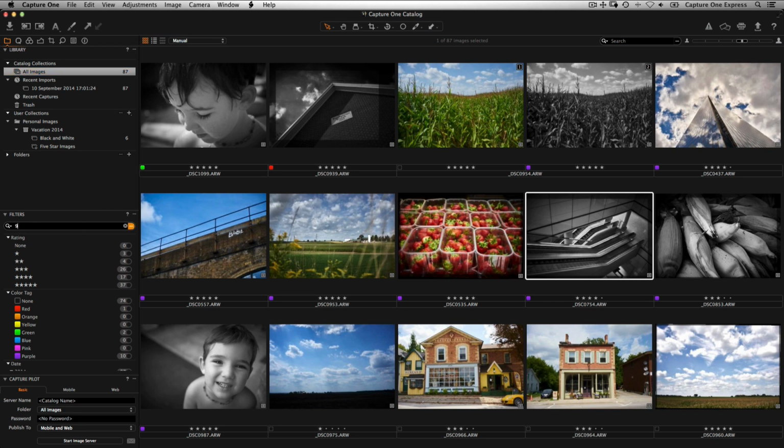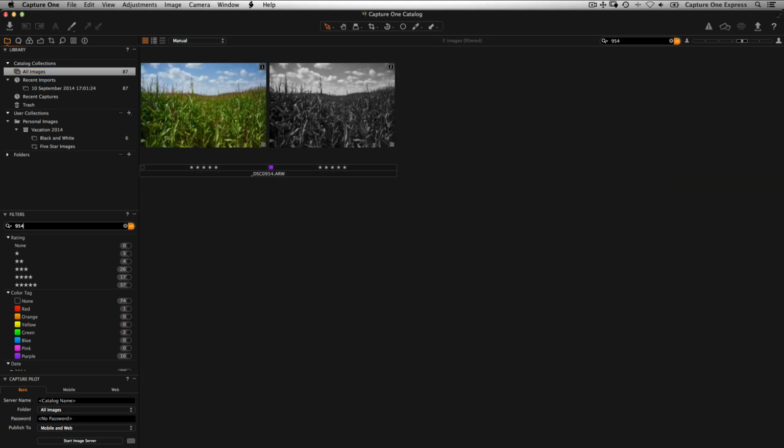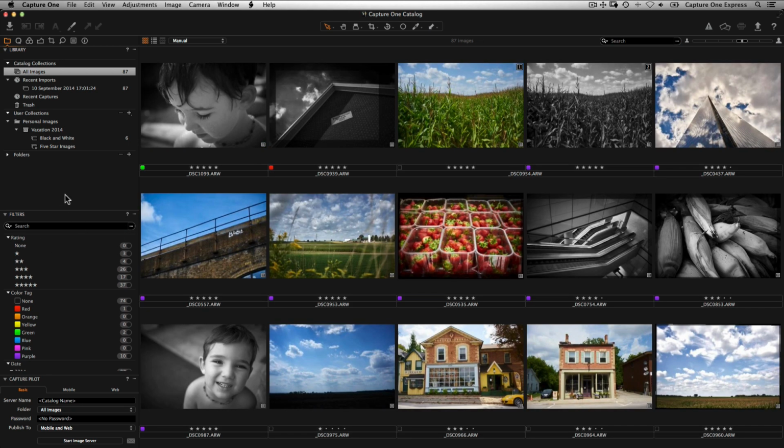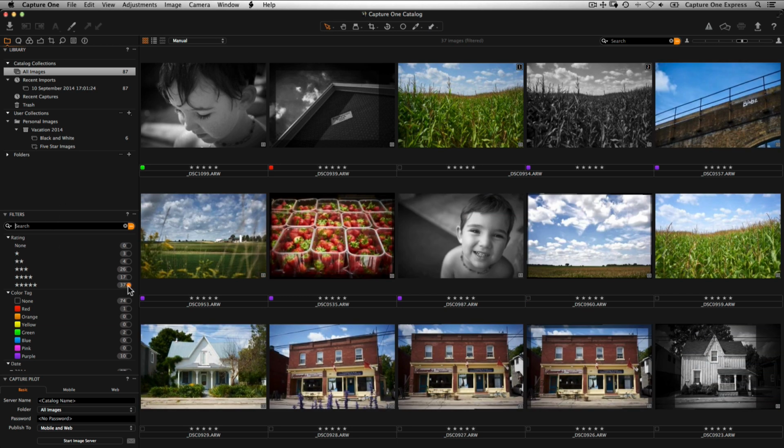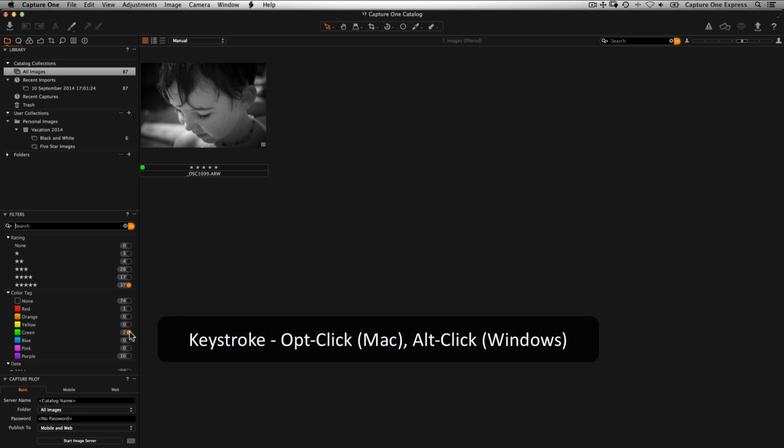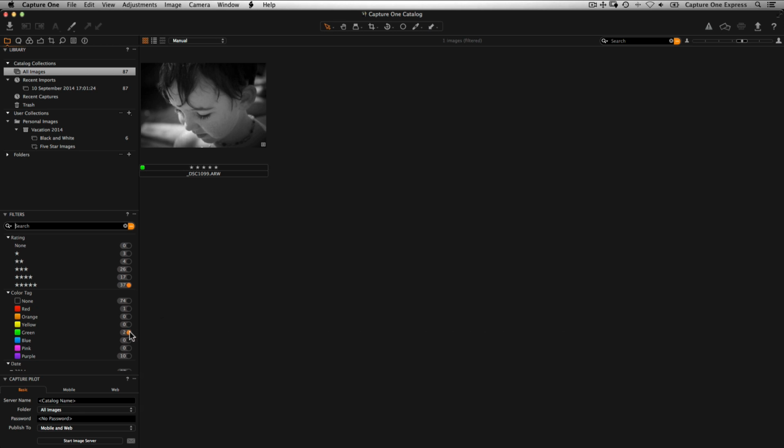Enter text-based search terms here. This will search all file names and metadata. To clear any filter criteria, click on the X icon. To filter images by certain criteria, click on the corresponding radio button. To combine filter criteria, Option or Alt-click a further radio button. To make sure all filter criteria are matched, check the following option in the Filters contextual menu.